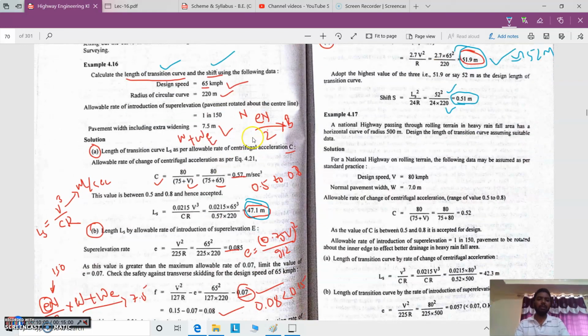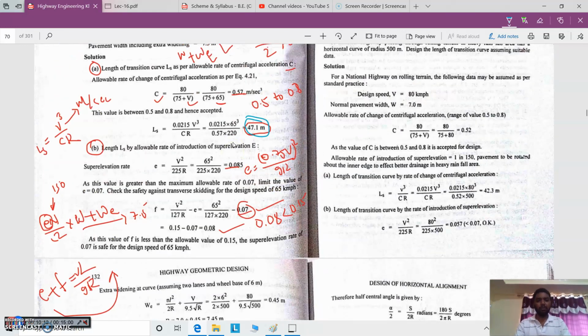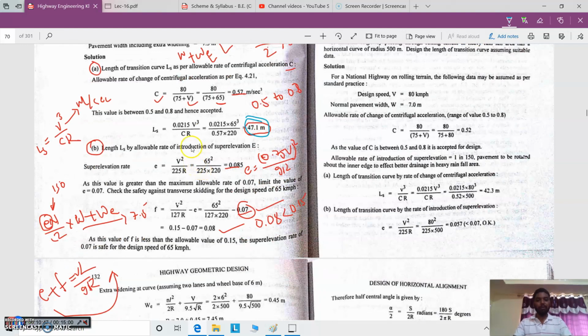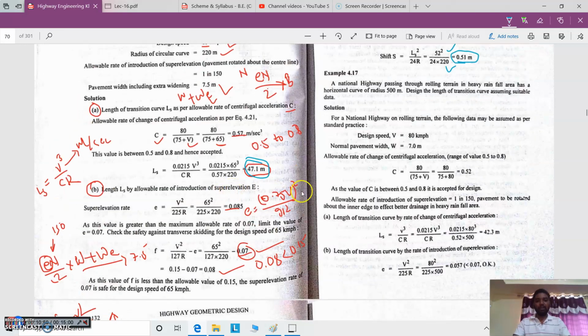Sometimes the extra widening is also not given. Here we have to consider the extra widening by considering mechanical widening and psychological widening. Both considerations will be giving We, and then the national highway width may be provided. Based on that highway value, 7.5 is to be considered, right? Whatever we have discussed in the previous video lectures, those are all important to calculate this transition curve, so based on the condition and the given data, we have to substitute the values into the formulas and calculate the length of transition curves, right?